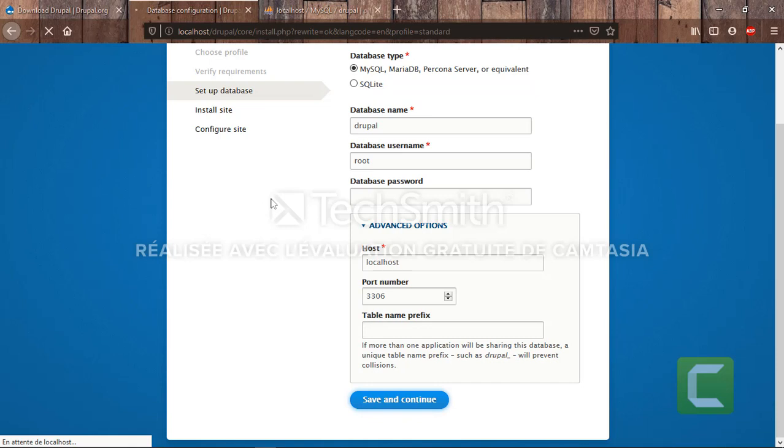The next step takes us to the site installation. Yeah, it takes time because my computer is slow. I have this issue, and I'll try to fix it in the future.